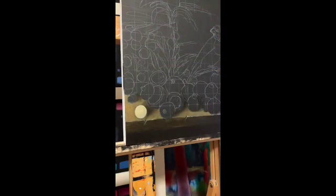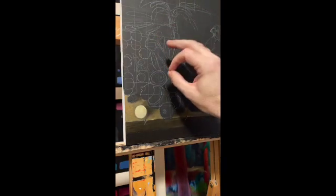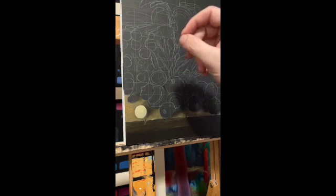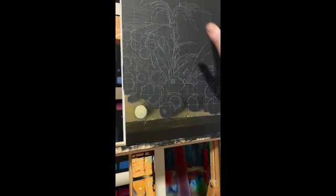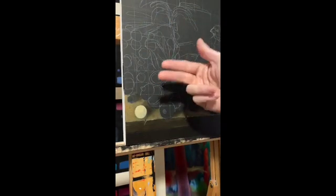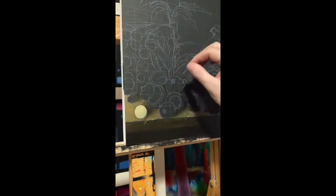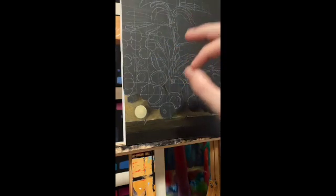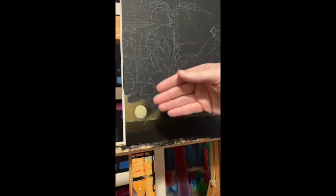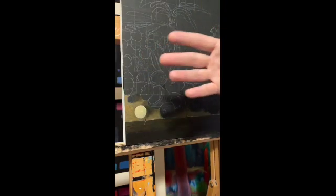After that, you would then refine the values, creating a layer called the grisaille. The grisaille is also called the dead layer, and you would cover the whole canvas with black, white, and gray, and you would define your proportions at this time as well. Really make sure everything is set exactly where you want it to be, and you're only focused on light and dark, no color whatsoever. After that, you would then start glazing color on top, working from lights to darks,